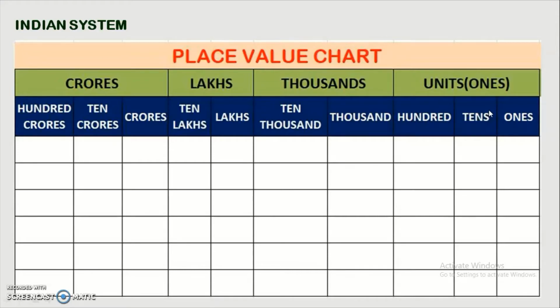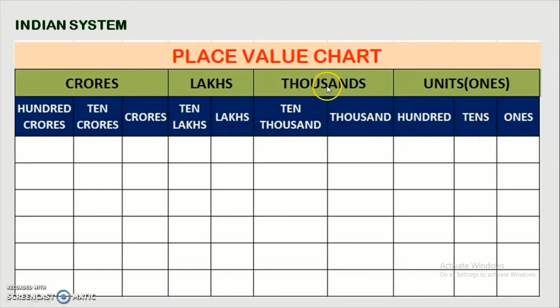and we will see the place values chart given here and how the place values are in the Indian system. As we have been studying from our lower classes about these place values, I just want to remind you that we start writing the place values from right hand side to left hand side. So we'll start by taking 1s, tens, hundreds, thousands, 10,000s, lakhs, 10 lakhs, crores, 10 crores, and so on.